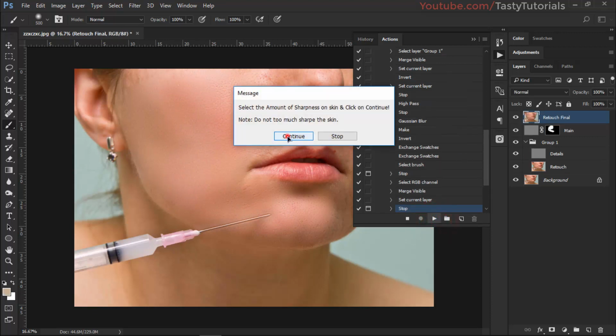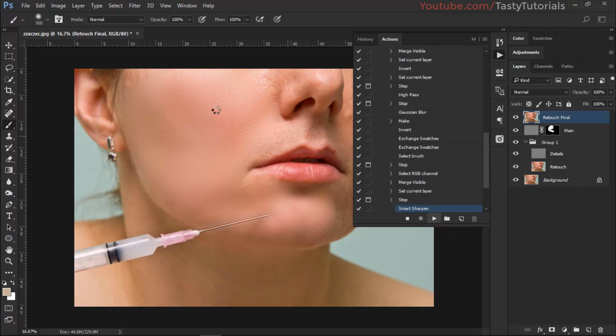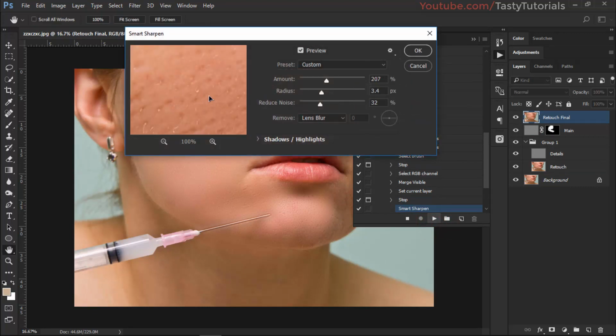Now it is asking about the sharpness of the skin. I think the radius should be increased a little bit, the amount and reduce. That's nice. So click on OK,